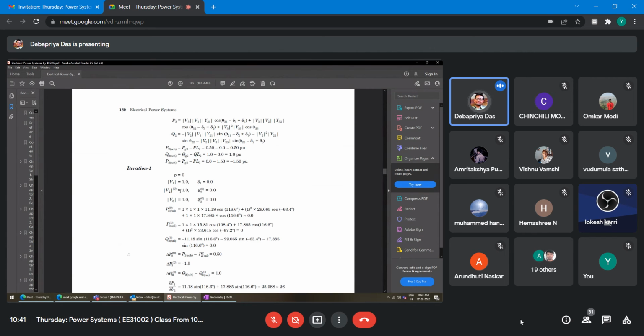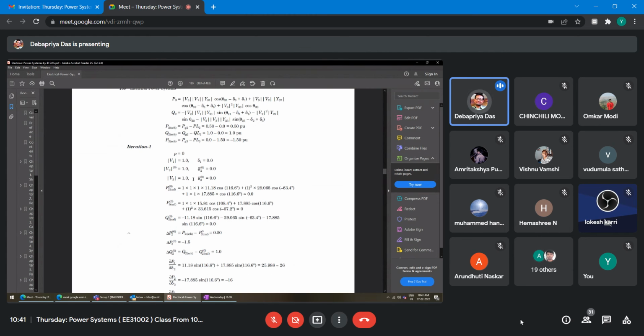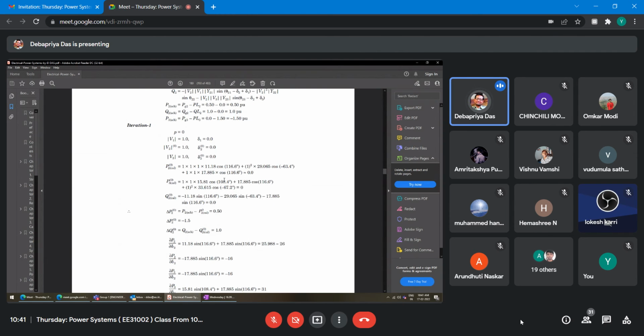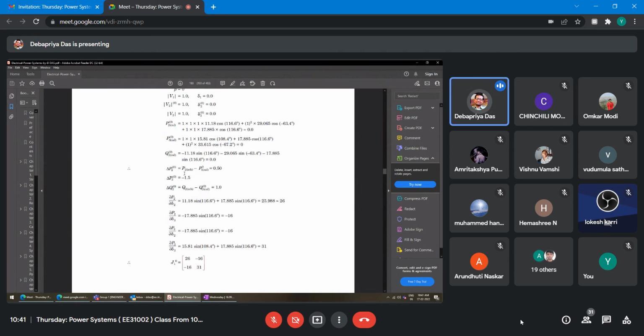These are the starting values, that is, initial values. And here the voltage magnitude V3 is always specified. So delta 2 and delta 3 initial values are 0. So calculate P2, P3 and Q2, whatever values you get. Look, P2 calculated is almost 0, P3 calculated is almost 0, and Q2 calculated is almost 0. Therefore, delta P2 is this much, 0.50, delta P3 is this much, and delta Q2 will be this